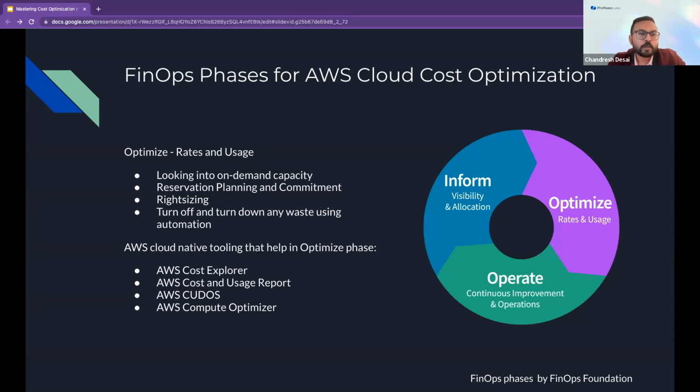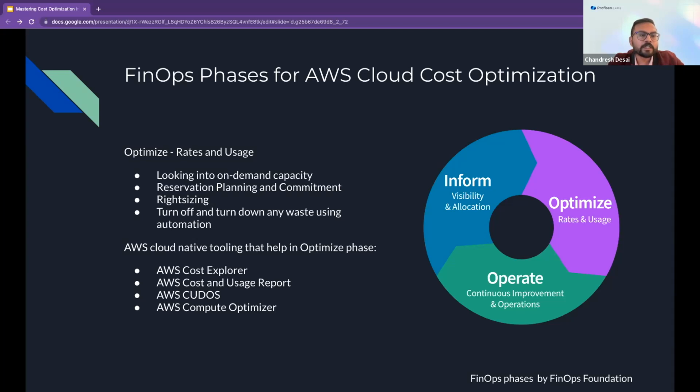get better business value. So for example, let's say looking into your on-demand capacity. Here is the biggest saving opportunity. List out or create a report about your on-demand capacity, which includes EC2 instances, RDS, ElastiCache, Redshift, and so on. Based on that report, you can finalize how many EC2 instances should be converted to another category, for example Spot instances, or maybe you can take a reservation there.